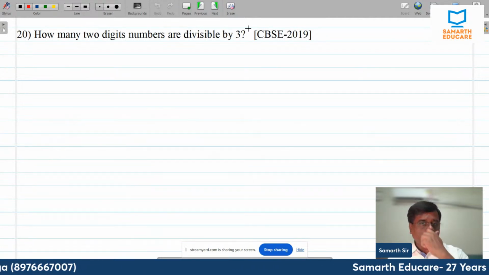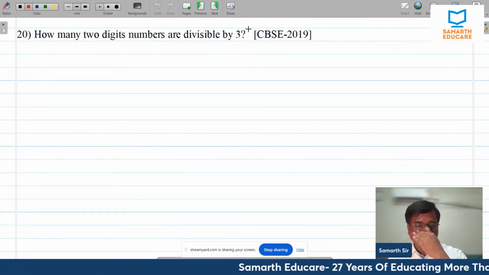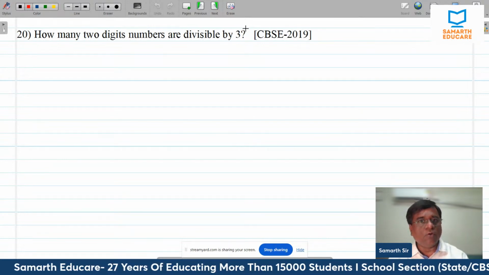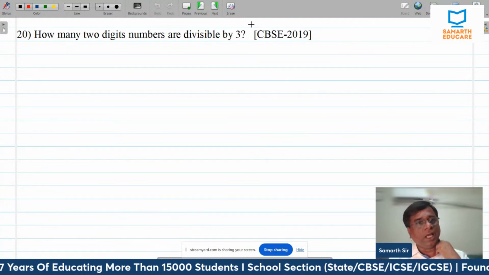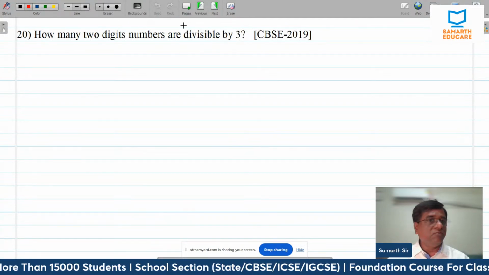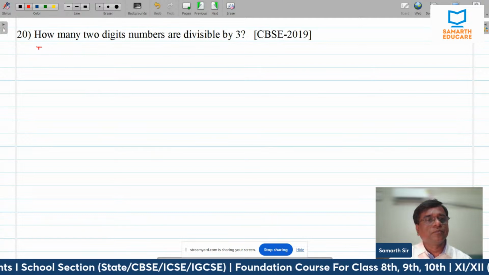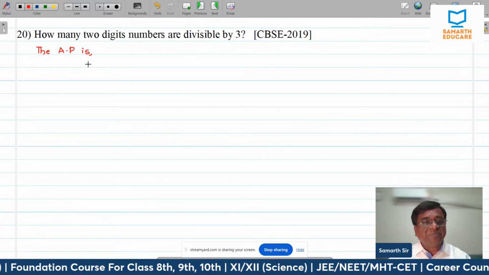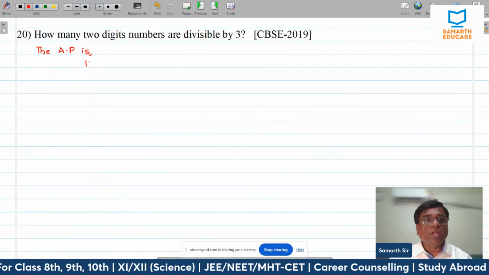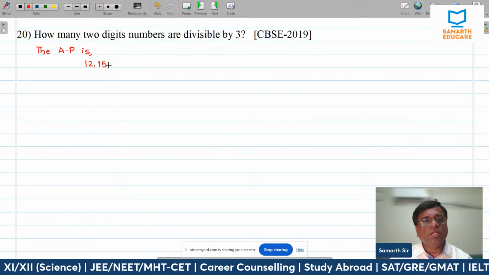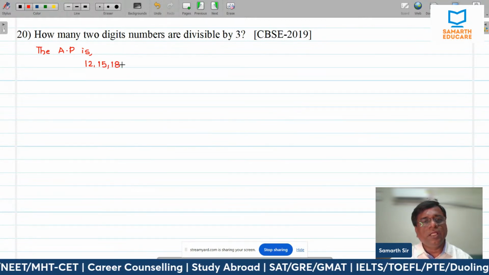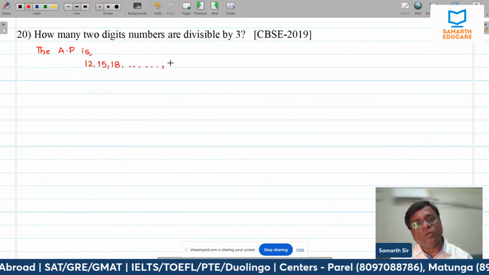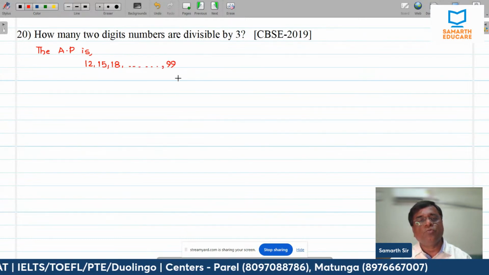Okay. Very interesting question. How many 2-digit numbers are divisible by 3? Okay. That means again, we need to find out how many numbers, meaning we need to find n. So which are the two digit numbers which are divisible by 3? The first is, we start with 12. The first number would be 12, then it is 15, then it is 18. It is just the table of 3, we only need 2 digit numbers. Like this, if we go on, if we look at the last term, it has to be 99,